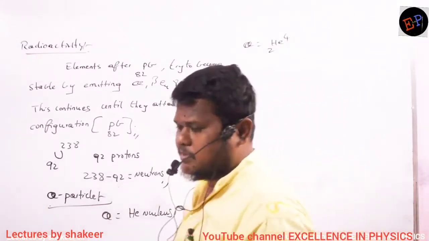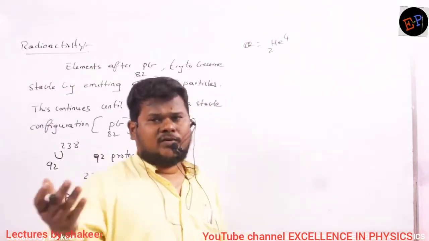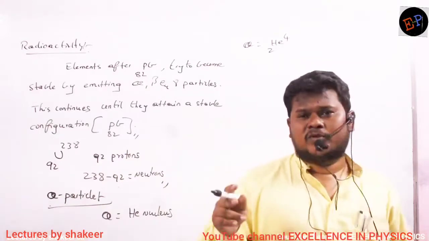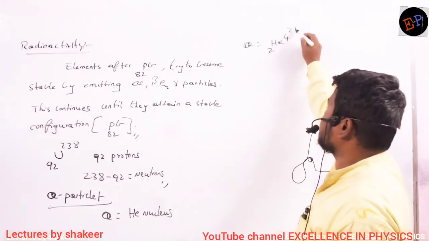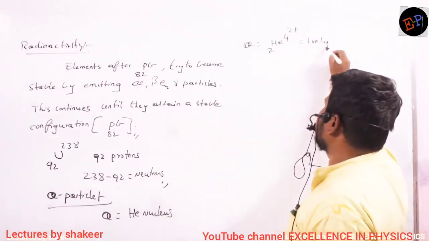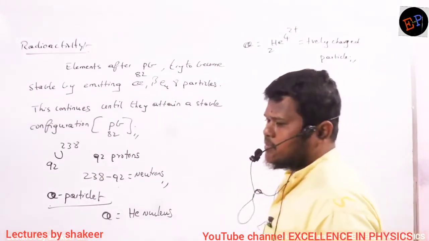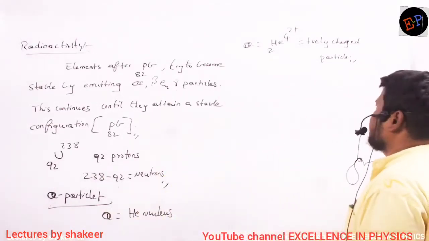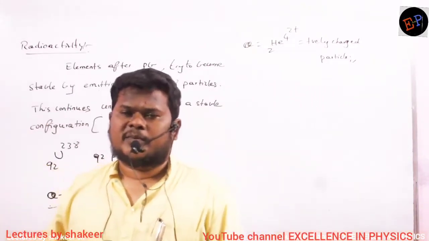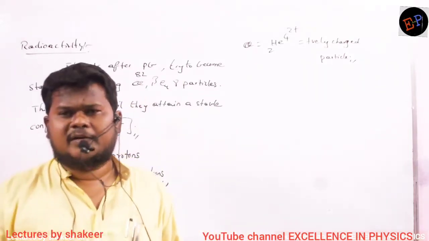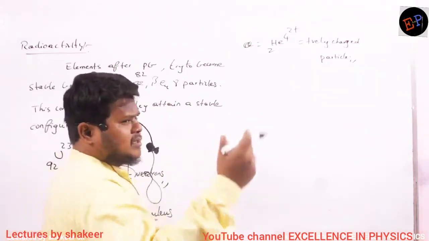We know its atomic number is 2, it means the number of protons will be 2. And what is the mass number? Mass number is 4, because there are 2 protons and 2 neutrons. Clear, no? And because we have removed 2 electrons, only protons are present. So therefore the charge of the helium nucleus will be 2 plus. Okay, therefore it is a positively charged particle. Clear, no? So if it is a charged particle, then definitely it will be deflected by electric field as well as magnetic field. Okay, that we will discuss later.